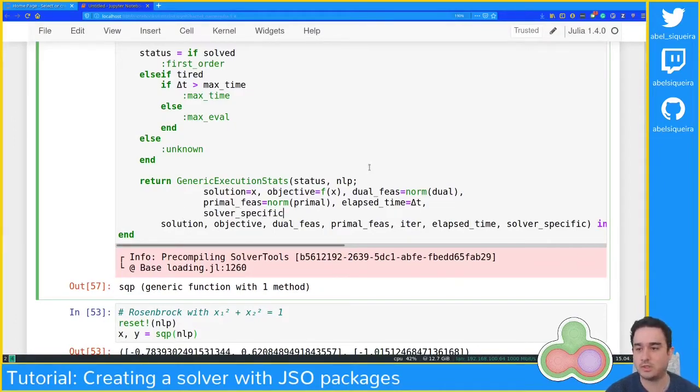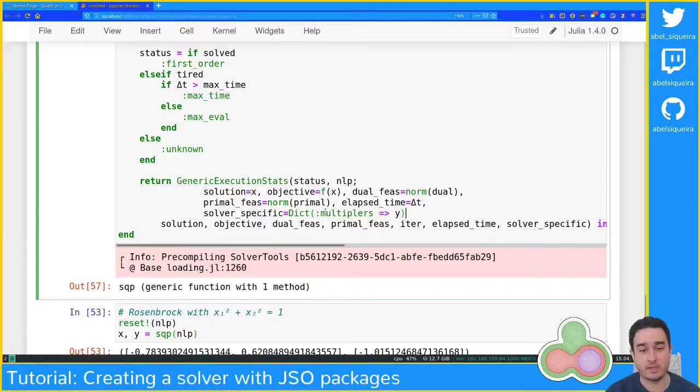So this hasn't been updated yet. This is a work in progress. It should have a multipliers output as well, and a solver specific dictionary, in which in this case we're gonna set the multipliers